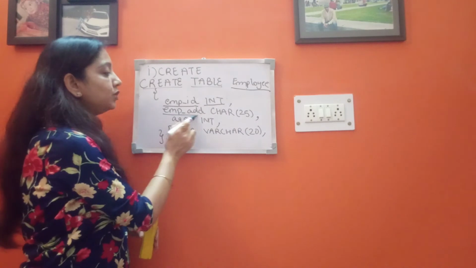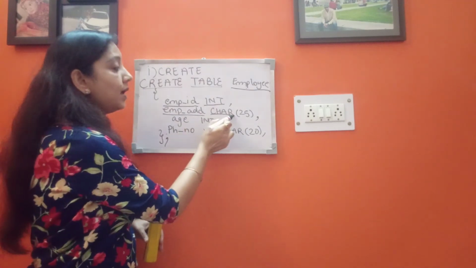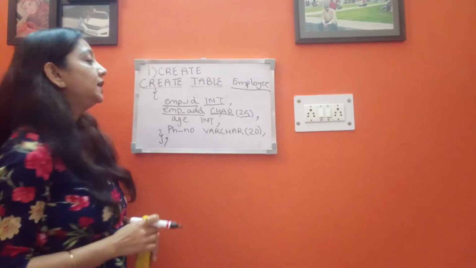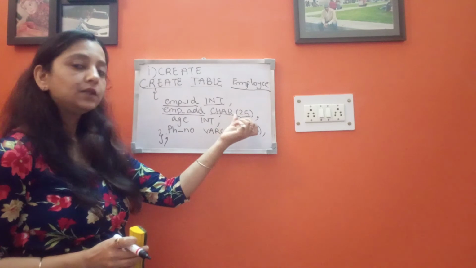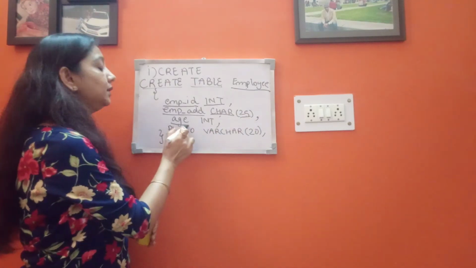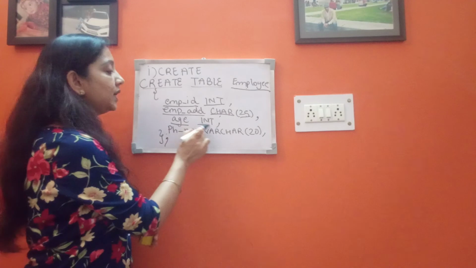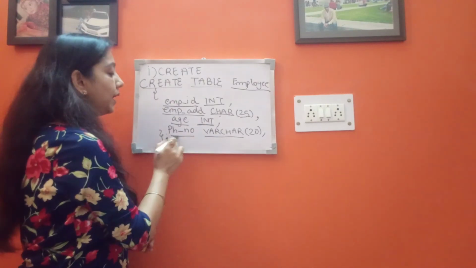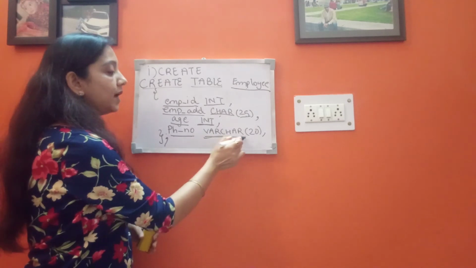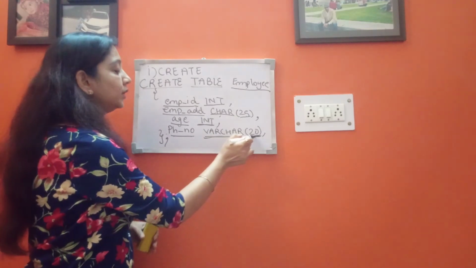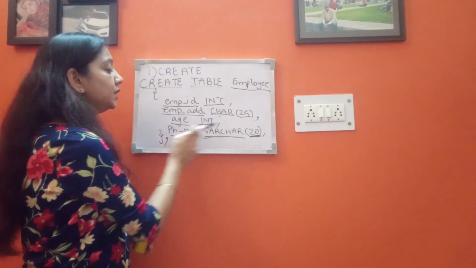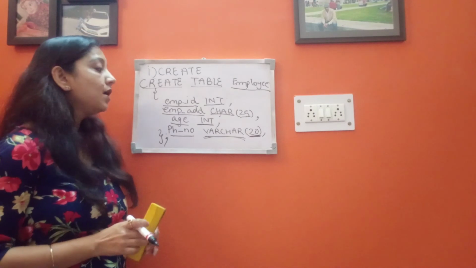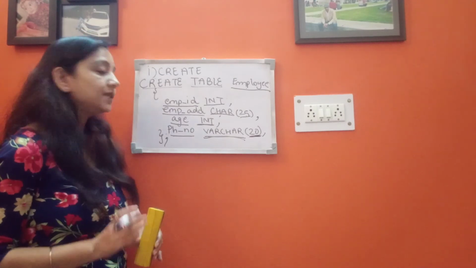Then the second attribute is employee address. Its data type is char, and the maximum limit is 25. Char represents the character data types, and I say that the address cannot be more than 25 characters. Then the third attribute is the age of the employee, which is again an integer value. Phone number is another attribute with the data type varchar, and its maximum limit is 20. That is no more than 20 characters in the phone number attribute, and varchar stands for both numeric as well as alphabetic, that is alphanumeric, variables.